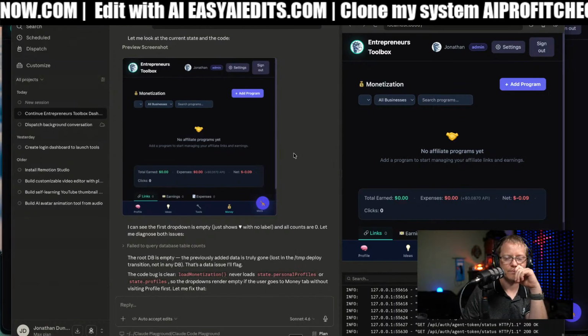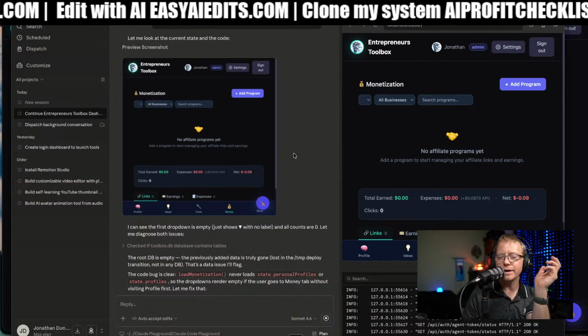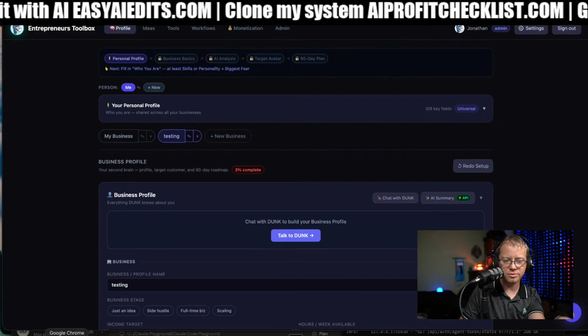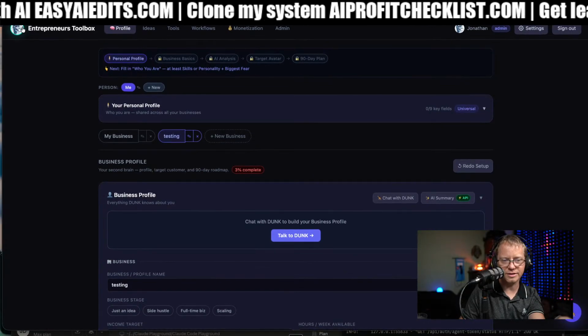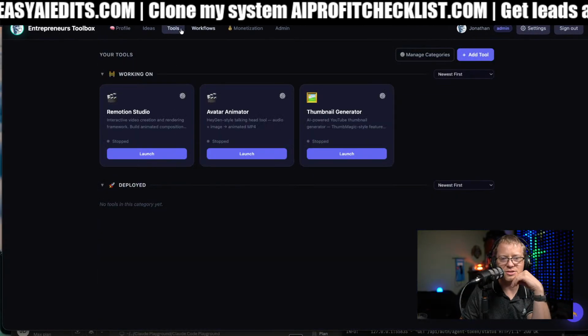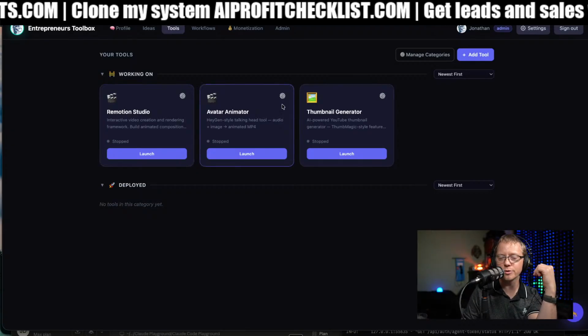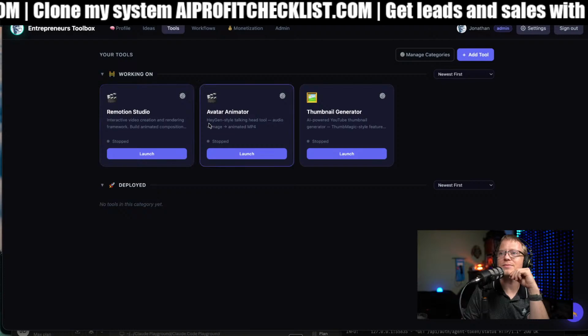But it allowed me to create this whole tool from scratch. Like I said, it started off with me just wanting a pin board where I could put stuff.